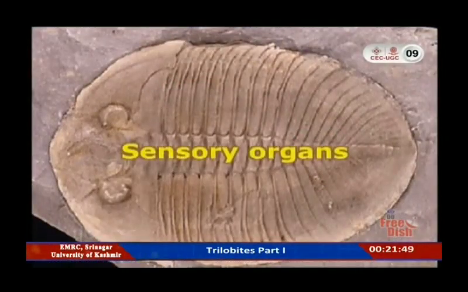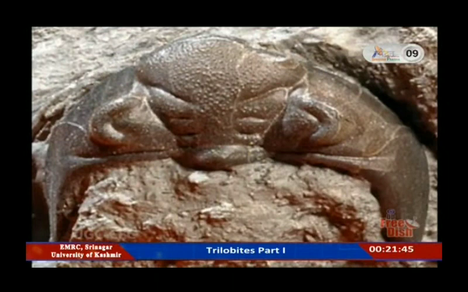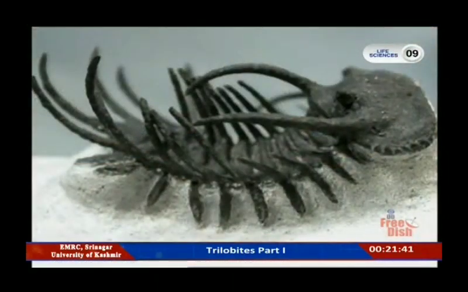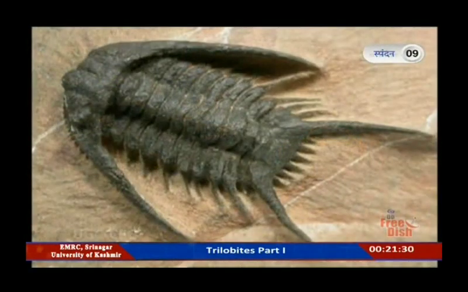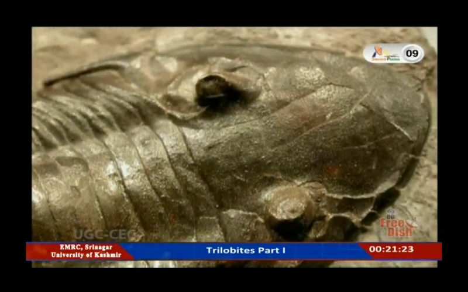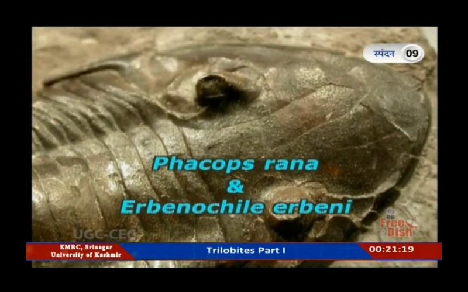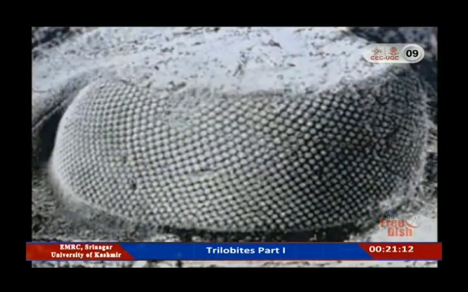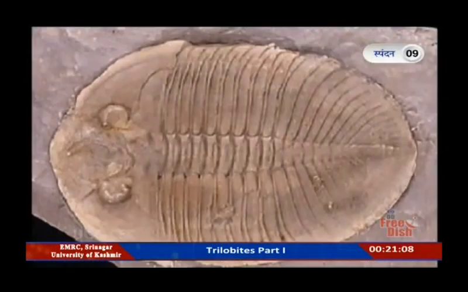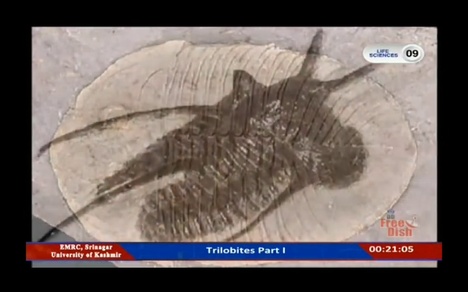Sensory organs. Many trilobites had complex eyes. They also had a pair of antennae. Some trilobites were blind, probably living too deep in the sea for light to reach them. As such, they became secondarily blind in this branch of trilobite evolution. Other trilobites, for example Phacops rana and Erbenochile erbeni, had large eyes that were for use in more well-lit, predator-filled waters. Antennae. The pair of antennae suspected in most trilobites